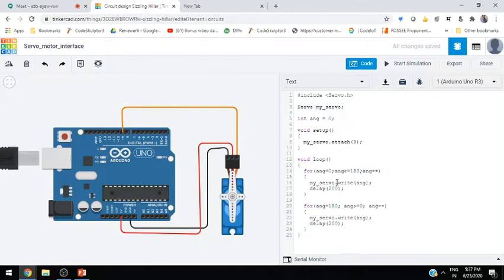Now this is the first thing that I wanted to talk about. The second is related to the ultrasonic sensor. Let's work that out. So if I go with the ultrasonic sensor,